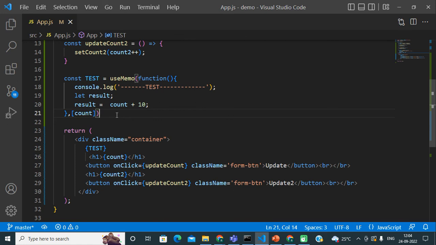Yeah, so friends, with this video we have completed all hooks. In this video series related to hooks, first we saw the useState hook, then useEffect, then we saw useReducer, useRef, useContext, useCallback and useMemo. So these are the possible hooks which are added in the React.js library, and we have already completed all hooks. After that we will start another topic in React.js.